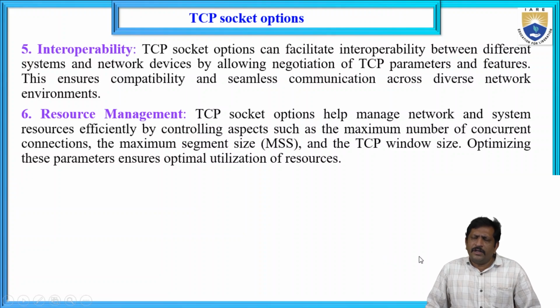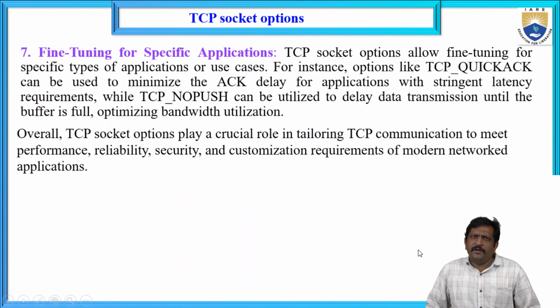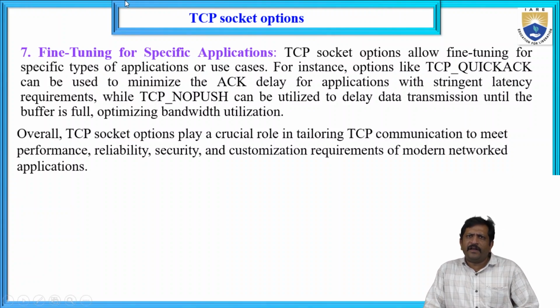This is about resource management. Next, the objective is fine-tuning for specific applications. That means the TCP socket options allow fine-tuning for specific types of applications or use cases. For instance, options like TCP quick acknowledgement can be utilized to minimize the acknowledgement